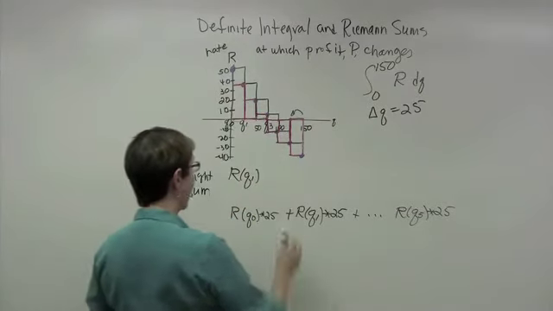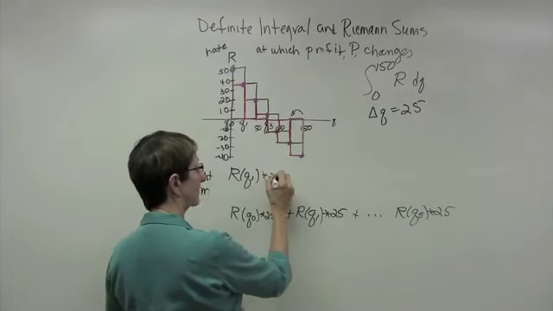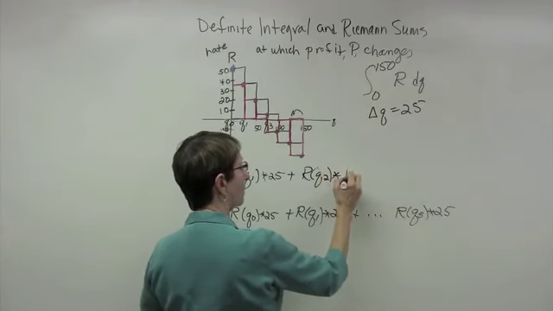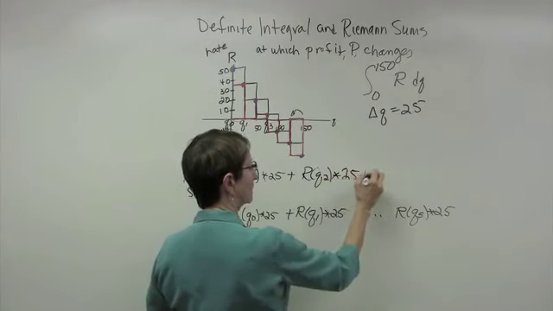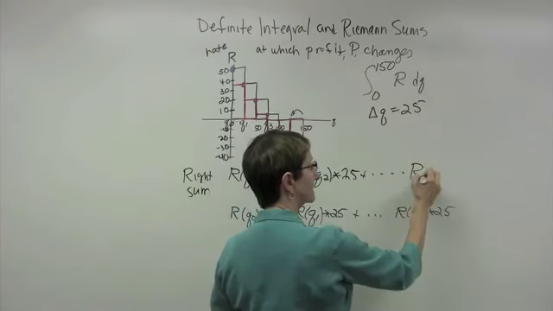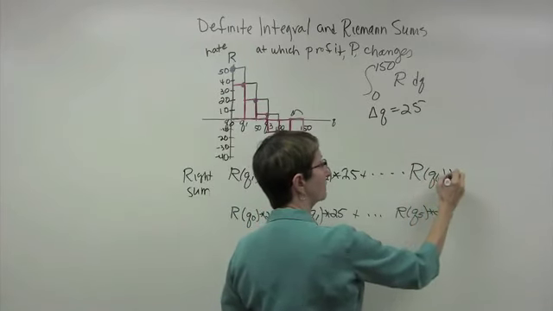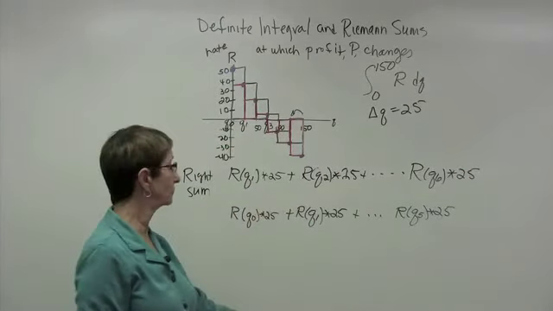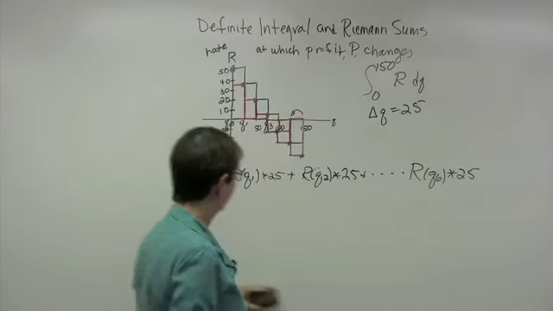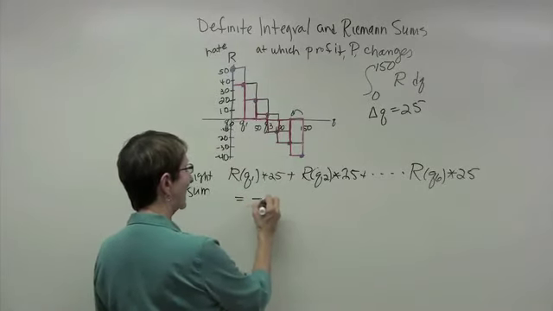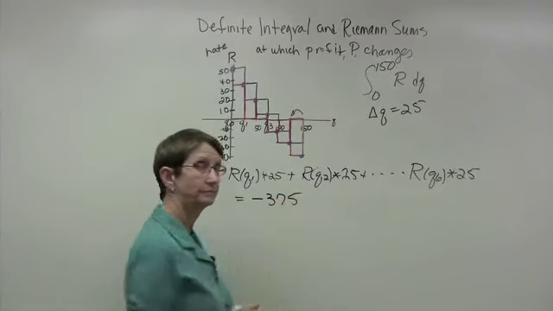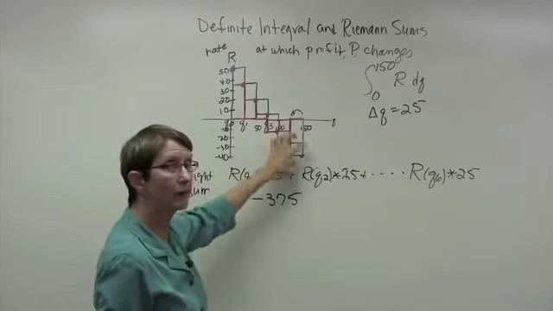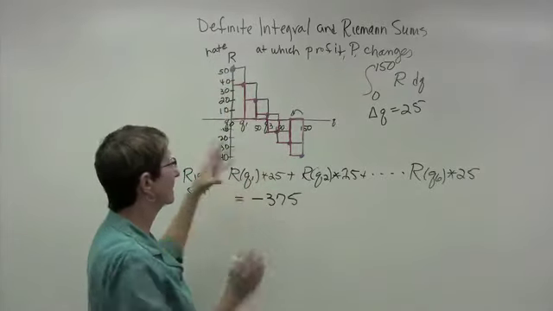And in this case, still multiply each one by 25. But when I get all the way 25 to the end here for the right sum, I do use the value at the last endpoint. So I start on the right-hand side and use those values. When I add all of those up, what happens here is I get a negative 375 for the right sum. Because if you look and see, I have bigger rectangles down here than I have up here, so the total